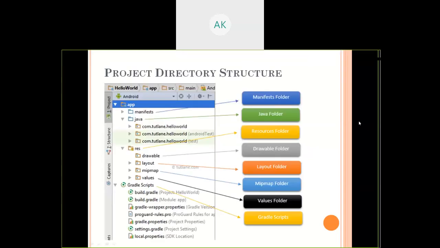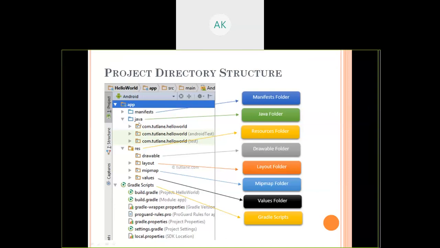So we started with the project structure for Android, or more specifically the project directory structure. We said that for the Android project structure, we have three important items at the top. The first is the manifest file, then the Java folder, and then the resources folder.